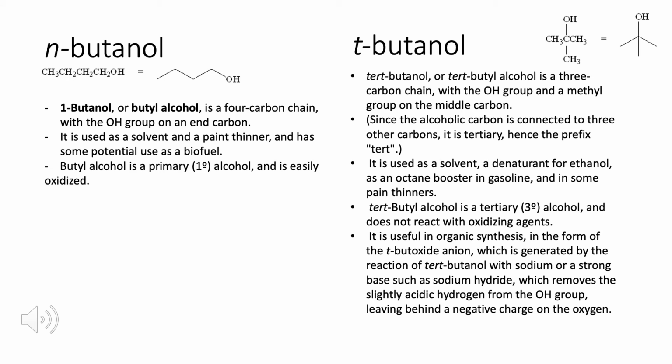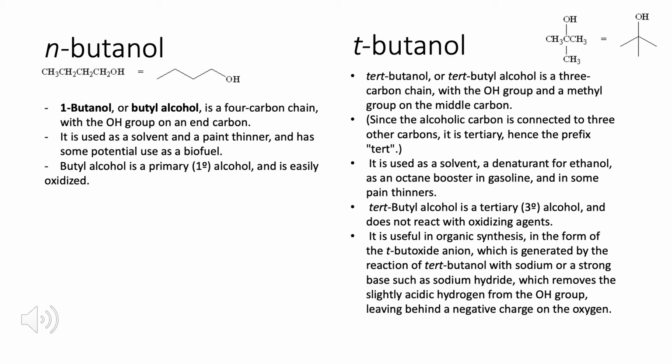Since the alcohol carbon is connected to 3 other carbons, it is tertiary, hence the prefix tert. It is used as a solvent as well as an octane booster in gasoline and in some paint thinners. Tert-butyl alcohol is a tertiary alcohol and does not react with oxidizing agents. It is useful in organic synthesis in the form of